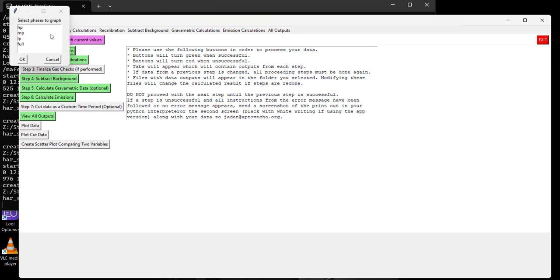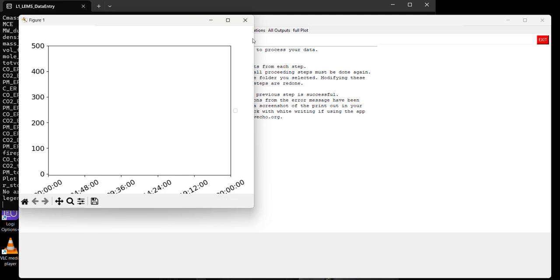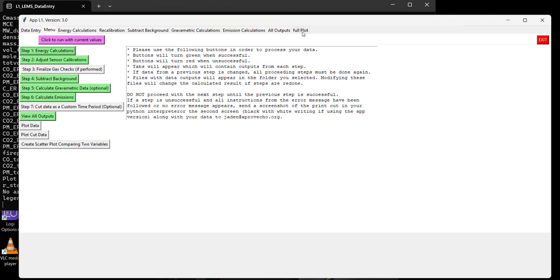Back to the menu, the last really handy function of the level 1 app is the ability to plot the different phases of the test. Or in this case, we can do the full length. You can do individual high, medium, or low power phase. We'll go for the full test, click OK. We're going to close this blank graph for just a moment, head over to the plot tab up top, and